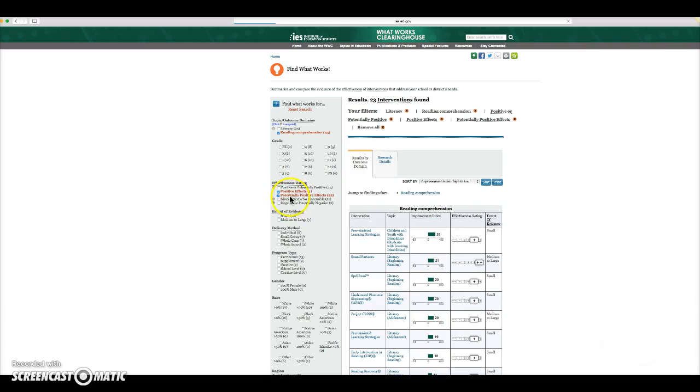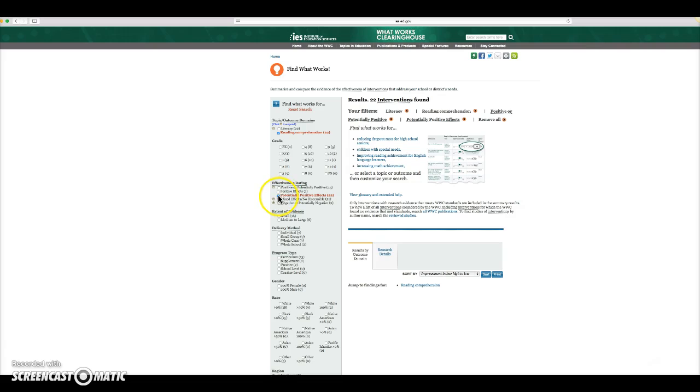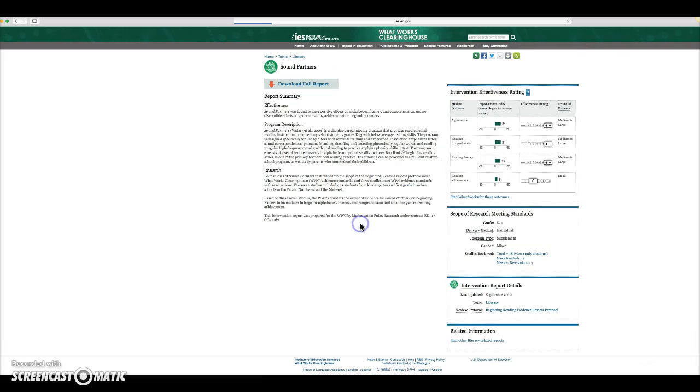Somehow I ended up clicking on the potential one, but let me go back to this one. And you notice the 2 pluses for something called Sound Partners, and I click on that, and there's a full description of how that program works. If you're going to spend money on something, you don't want to spend money on anything that doesn't have 2 pluses. And again, there are all